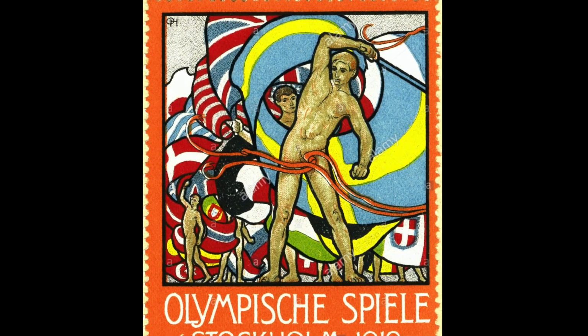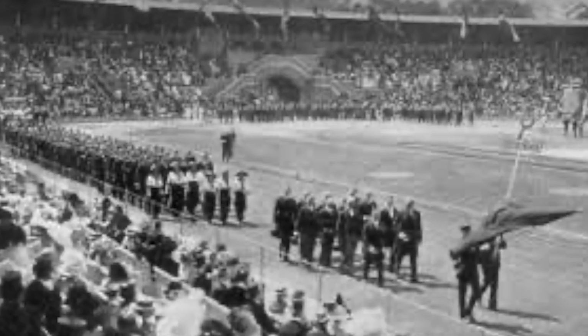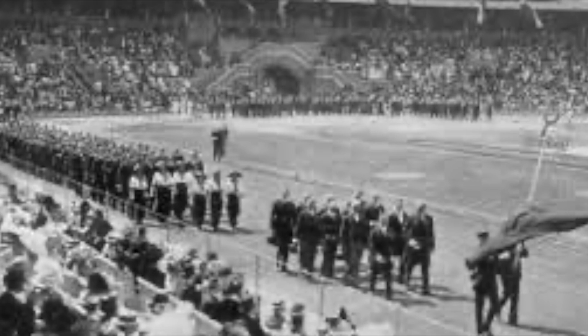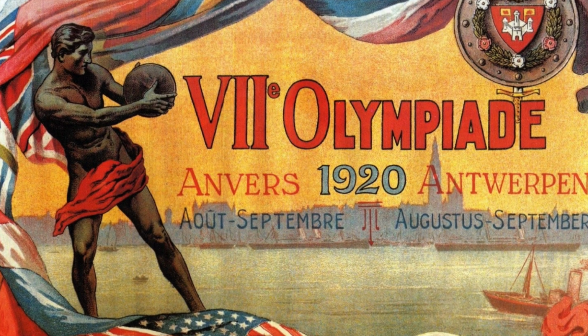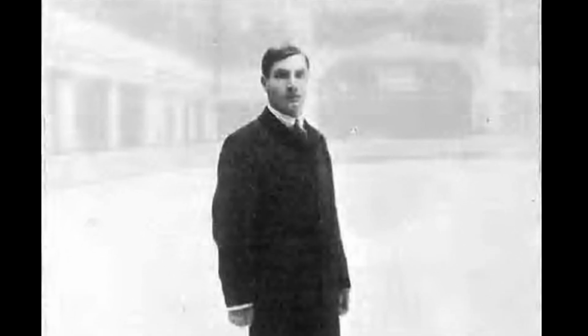Salchow, an immensely strong man who enjoyed clear technical superiority over his rivals, was a master at compulsory figures, which accounted for a large portion of a competition's score. Salchow could not defend his Olympic gold medal at Stockholm in 1912 because the organizers opted out of holding skating contests. So he set his sights on the Olympic Games held in Antwerp in 1920, a full 12 years after